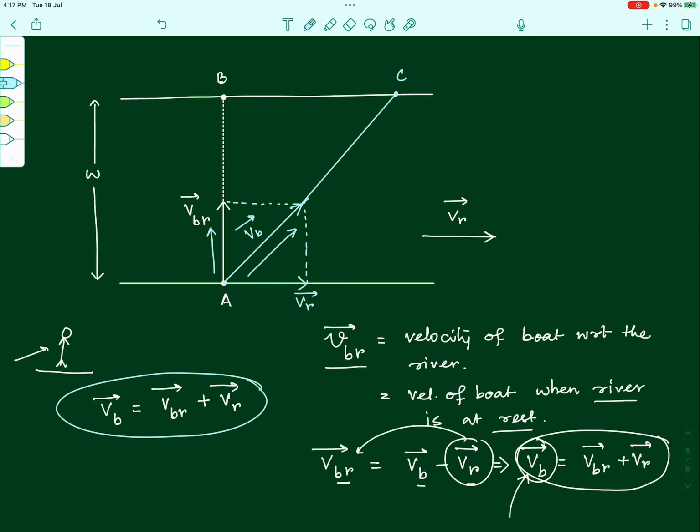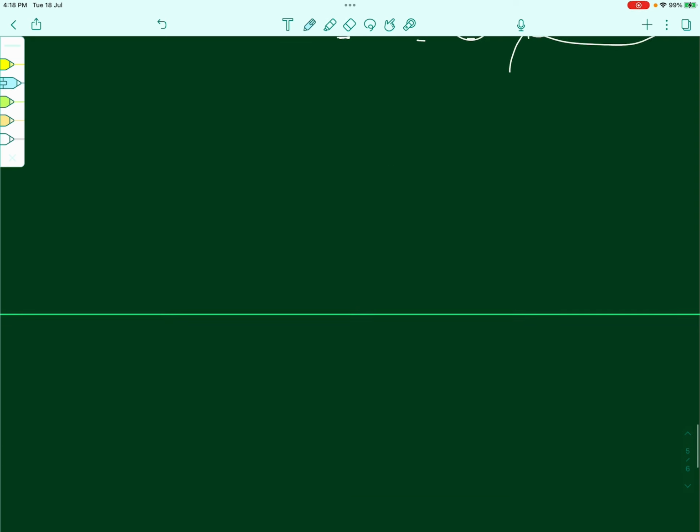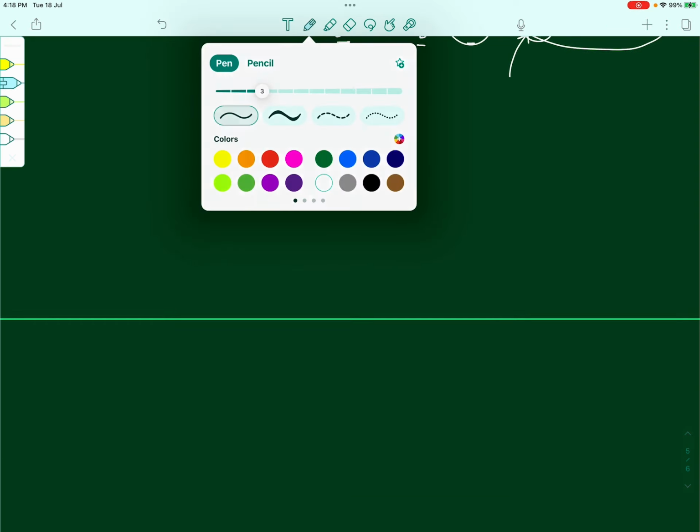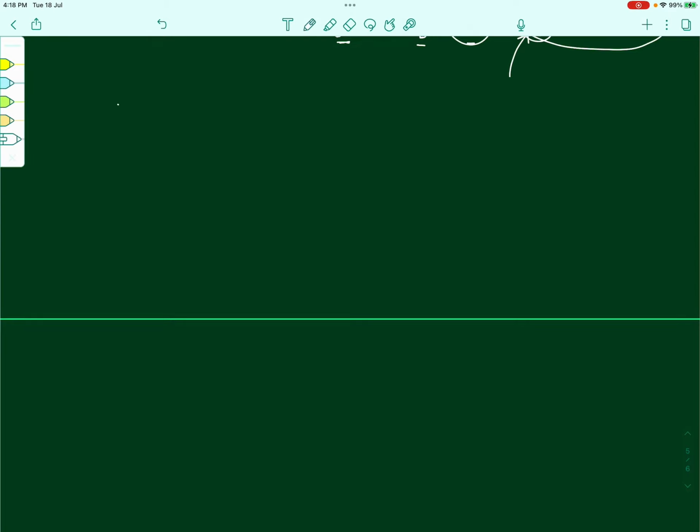So from there, we understand that if we want the boat to actually move in this direction, we should steer it in a direction which is like this somewhat, so that when we add the river's velocity to it, the actual velocity then of the boat comes in the direction AB. Though this will involve some sophisticated physics to be used by the boat's person, which may not be entirely true, right? So the general case that we take up when we study a riverboat problem is this. I'll draw the figure once again and we shall see what is the most common situation that we encounter in